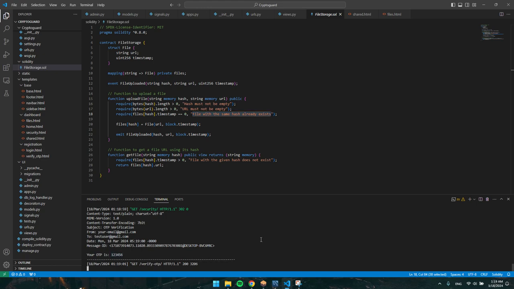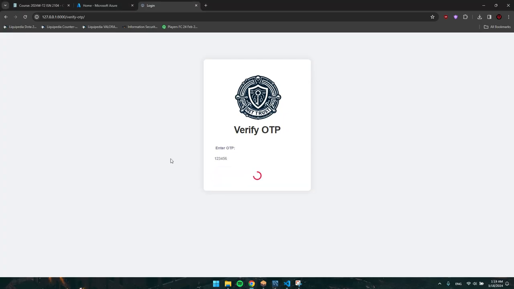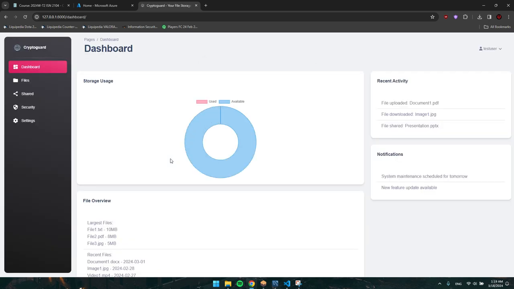Thanks, guys. And as you can see, after verifying the OTP, it redirects us to the dashboard. So the user can see the dashboard. Yes, it's common, everyone should see the dashboard. But